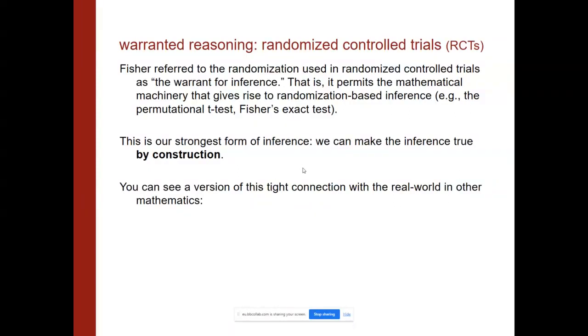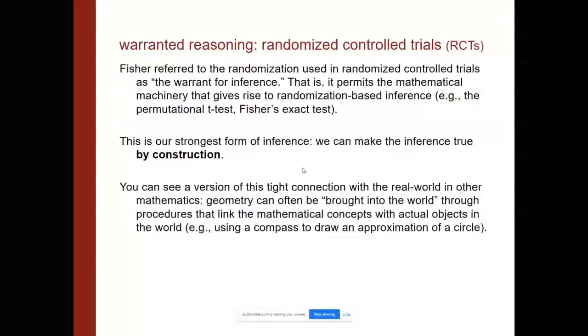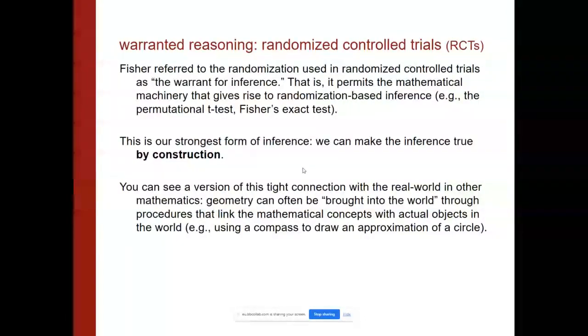And I just want to make a quick connection: you see this in other parts of mathematics, right? Geometry has the reputation for doing this as well, going back many, many generations, because geometry can be brought into the world, and it can be brought back out. If you think about all the properties of a circle, well, if you have a compass, you can approximate that circle. And when we ask whether everything we know mathematically about a circle holds true for this thing I just drew, you start interrogating how well I approximated it. How rigorously connected to that theoretical circle was the process that gave rise to it? That sort of debate shows up in engineering a lot.